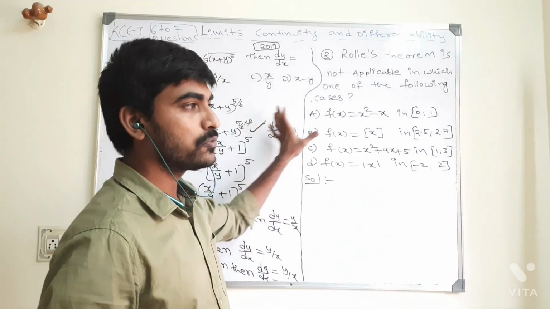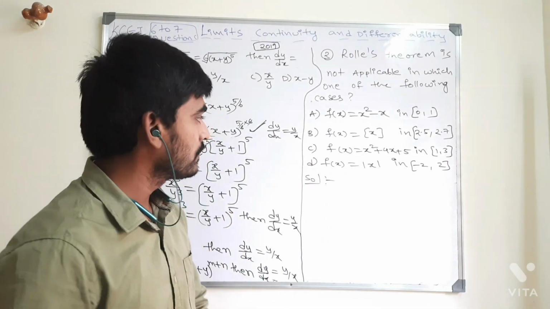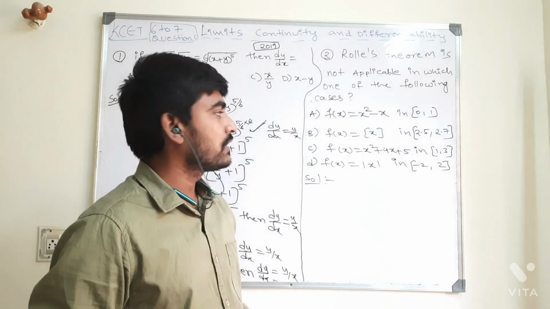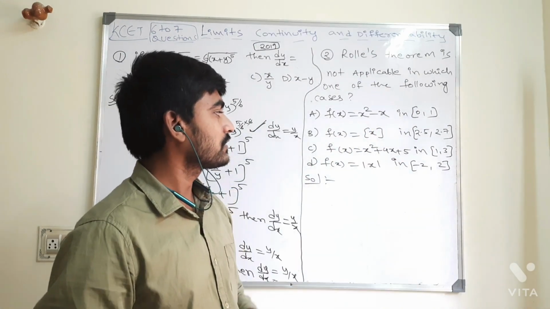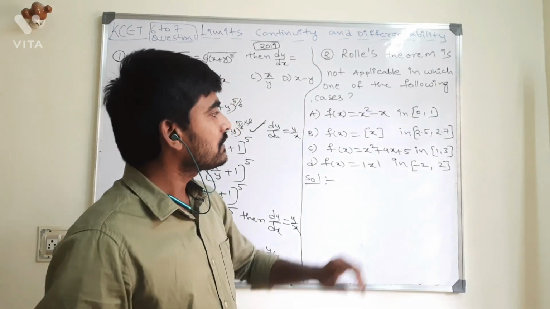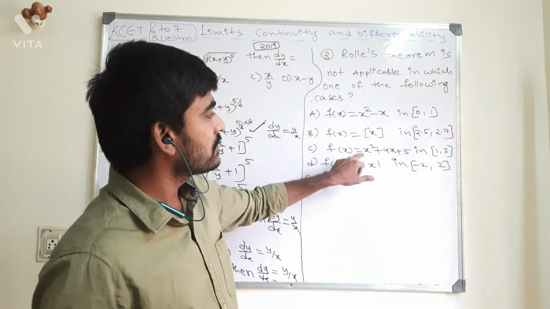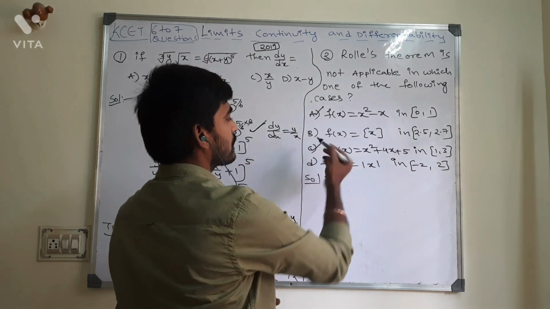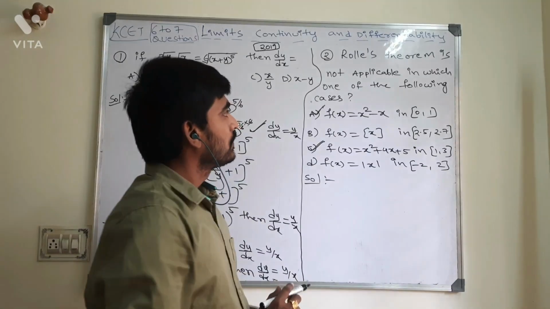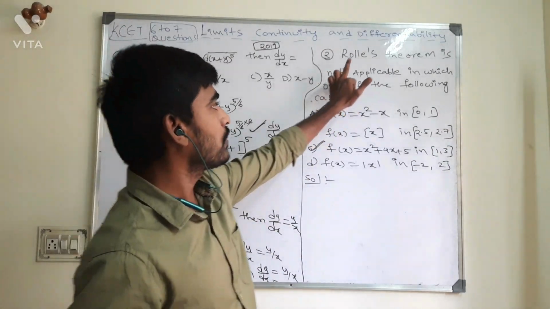This is also 2019. Now I am doing all the 2019 questions first. x square minus x, it is what? Polynomial equation. This is greatest integer function. It is also polynomial. It is modulus x. Basically, I know every polynomial function is continuous. This is continuous. This is continuous. At the same time, it is differentiable. So, what is asking me in this question?